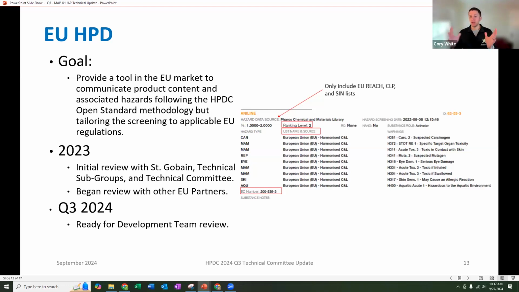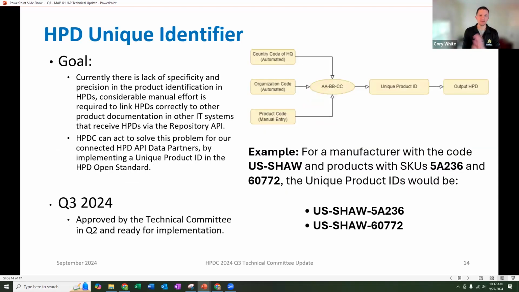And maybe there's other formats we can do in the future to tell a different type of story to a new market. And again, for manufacturers, we hope to be able to continue to provide more and more of your information and your products around the world, to new markets for you. Next one is the HPD unique identifier. Long story short, this one's going to be important as we get to a more digitized HPD. We'll be able to track that HPD as we send information through API connections with data partners.